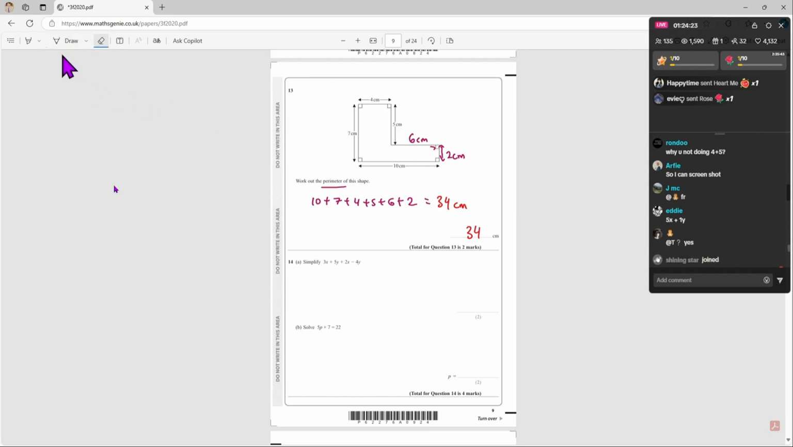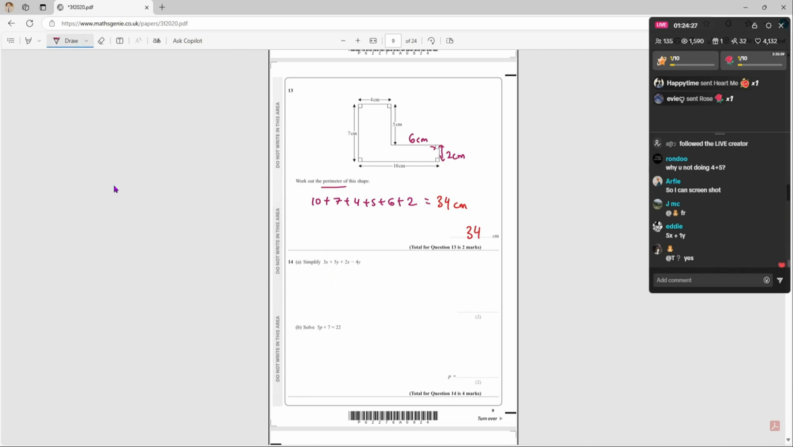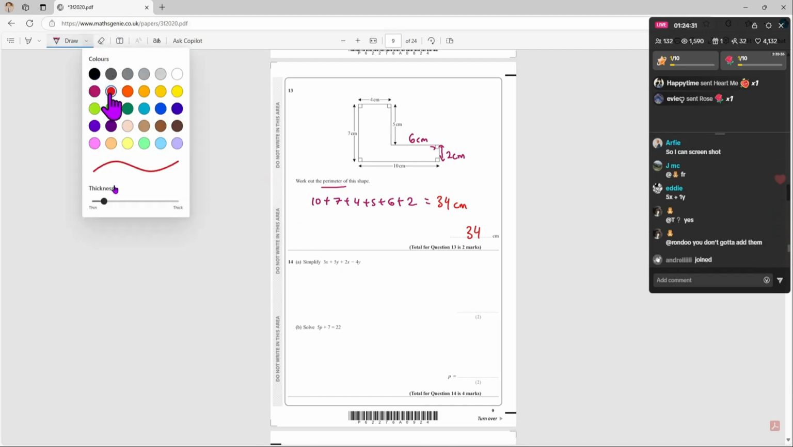So let's do our next question, guys. Question number 14a. Simplify 3x plus 5y plus 2x minus 4y. So what we need to do, we have to basically